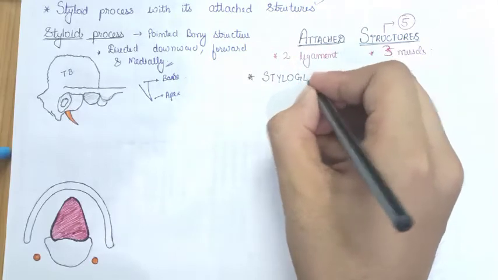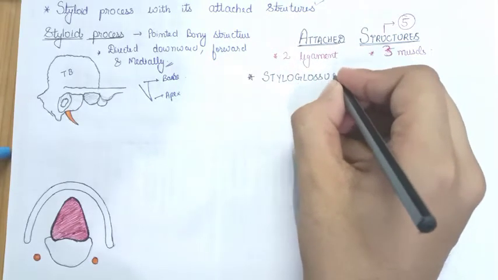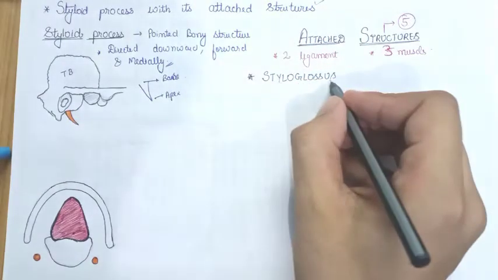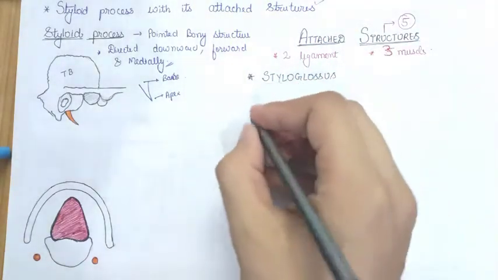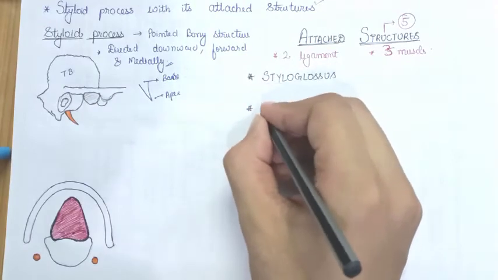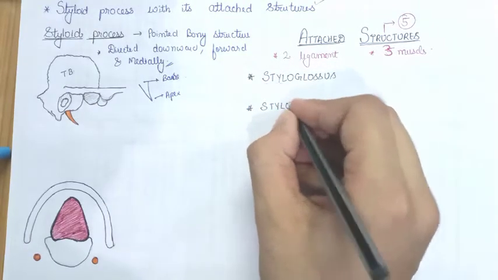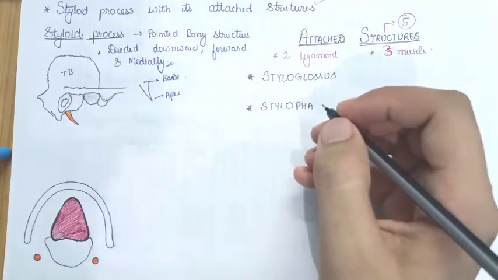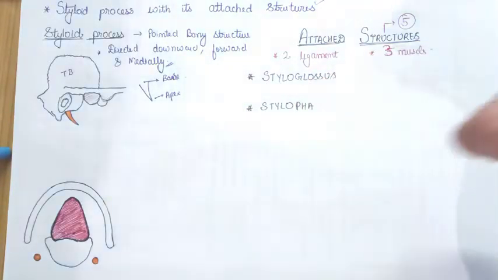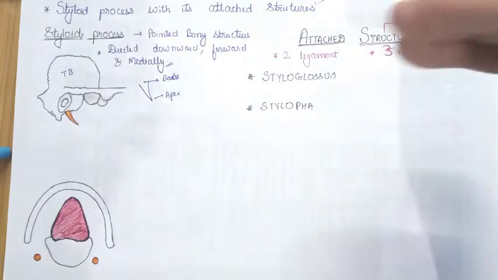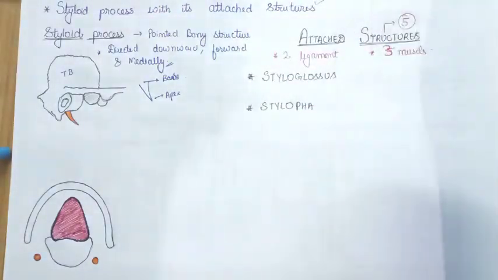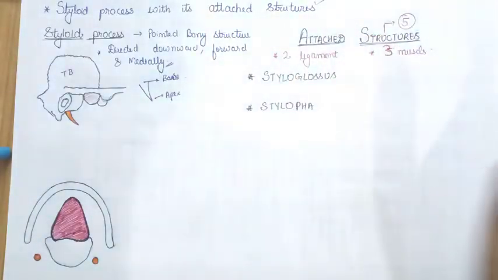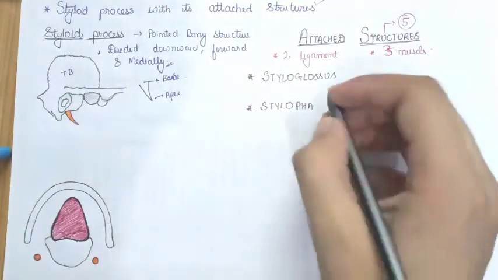Styloglossus. Its name can easily tell about its attachment. It is attached to the styloid process, and glossus means the tongue. Okay. Now the next muscle is the stylopharyngeus. I have discussed it previously in the topic of the pharynx anatomy, so you can have a quick look at it and orient yourself to the different pharyngeal muscles, that are the circular and the longitudinal. That's a separate discussion we have discussed earlier in great detail.